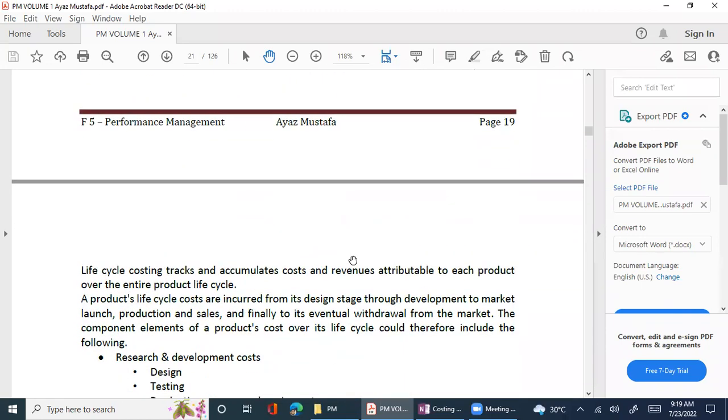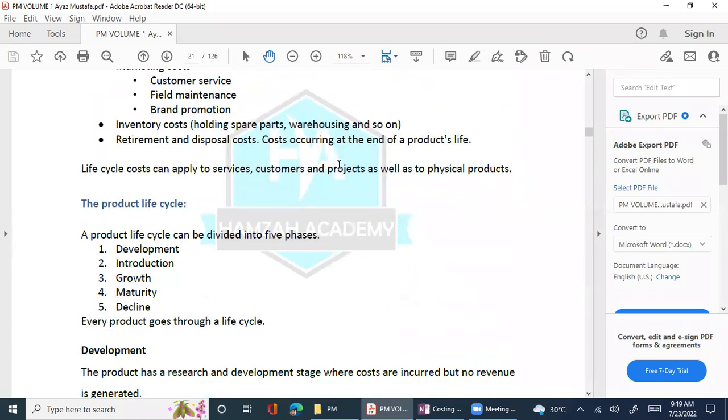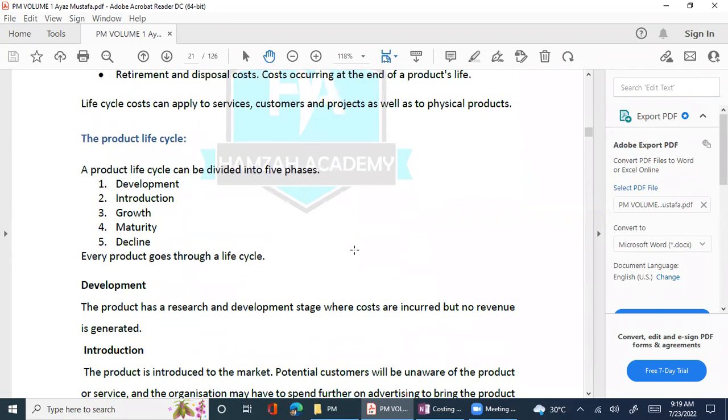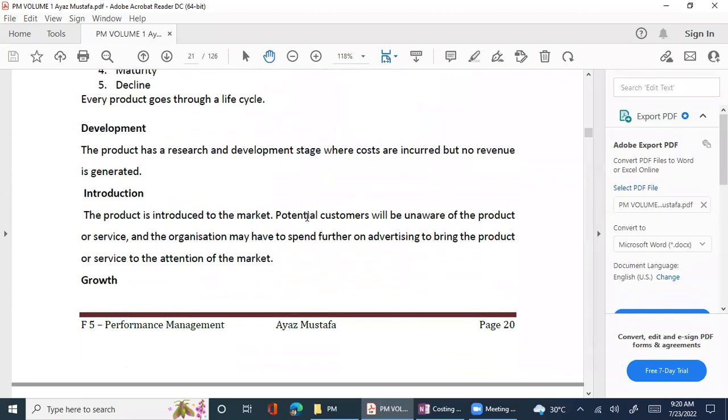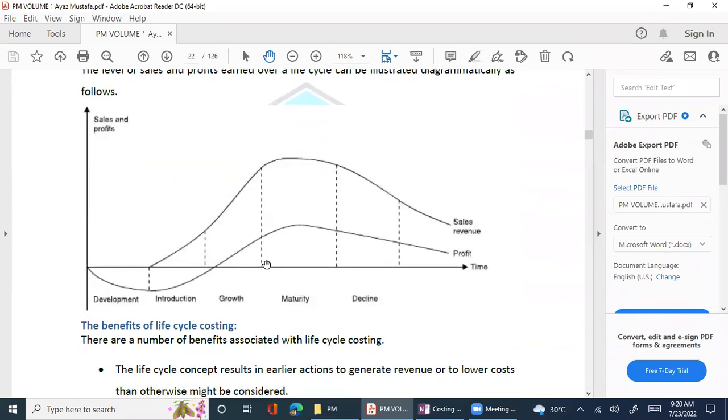these are the handouts. First of all, life cycle introduction is given. What is the life cycle? A little bit is written regarding the stages of life cycle. So these are the 5 stages: research and development, introduction, growth, maturity, and decline. Then a brief description is given for each stage of the life cycle,